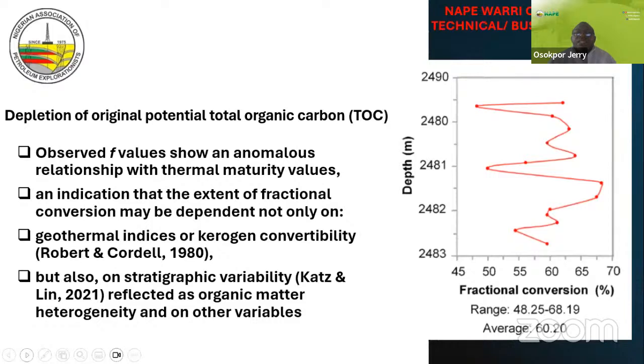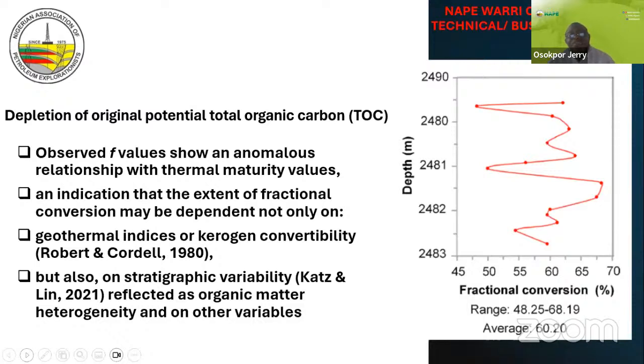Now, when we look at this graph, it is not a steady graph that goes all the way down. It is like a wiggle. It is anomalous. It presents an anomalous pattern. So this is because of other factors that this pattern could be due to other factors that affect